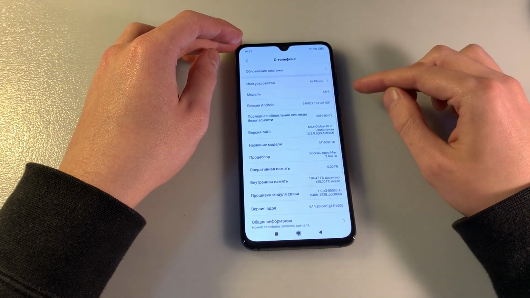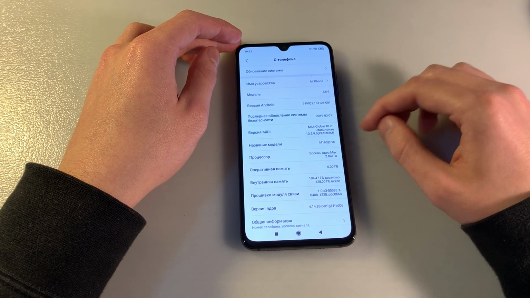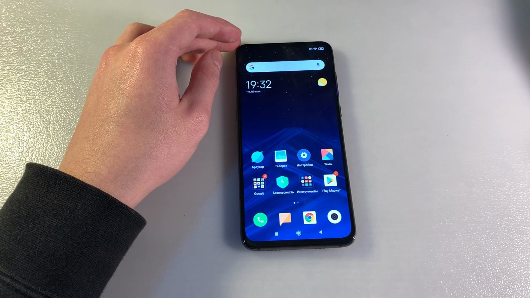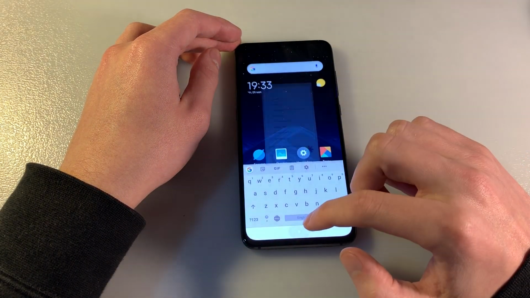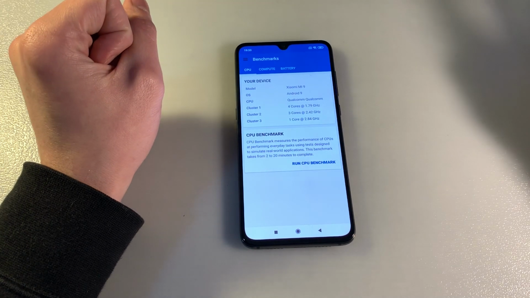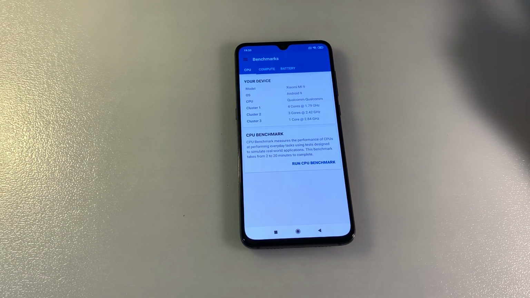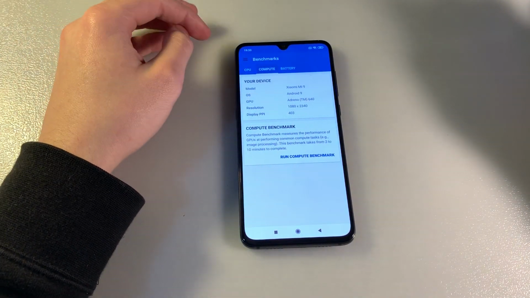About phone. Version Android 9. Version MIUI 10.2. Okay. Display AMOLED, Full HD resolution. Open Geekbench 4. Talk about system information. Qualcomm Snapdragon 855. This is octa-core processor, 4 plus 3 plus 1 cores, CPU speed, GPU Adreno 640,